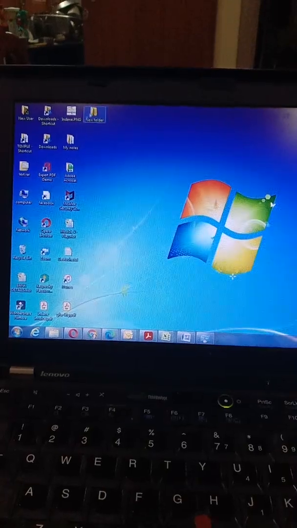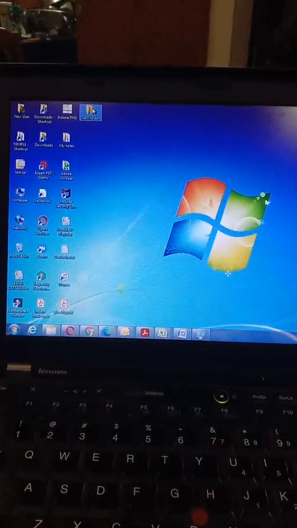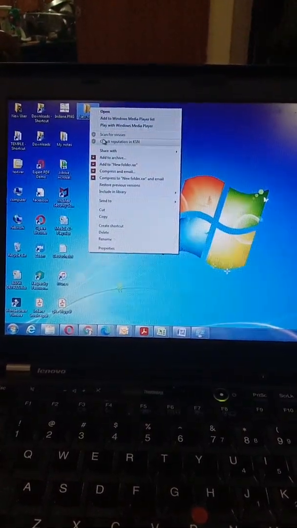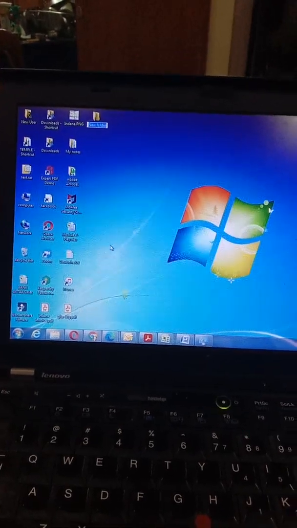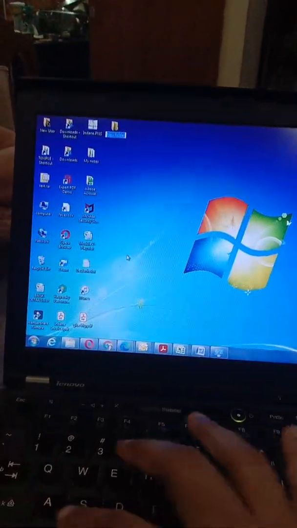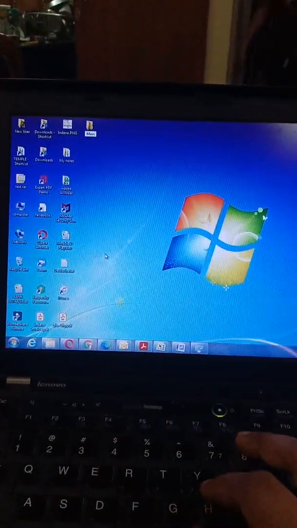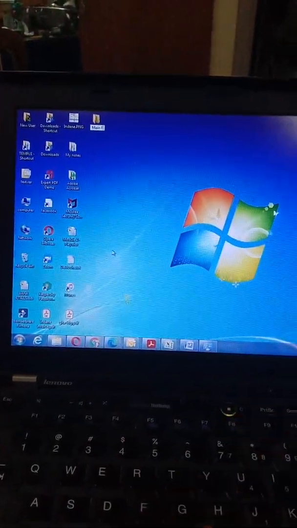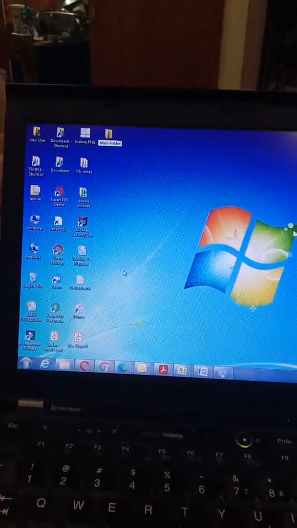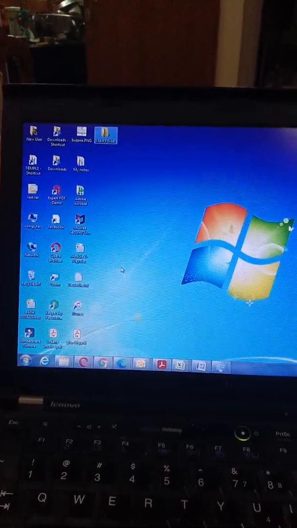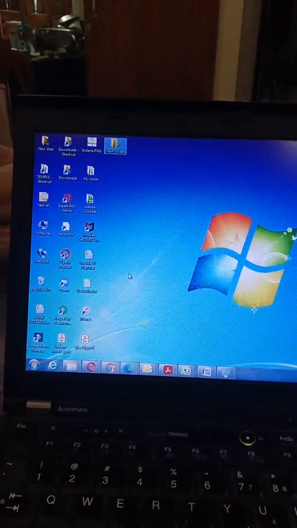So first of all you can rename it. First of all select this new folder and then right click and then you can rename it whatever you wish to. For example, you can write down main folder. Okay, now you have renamed it. Now press enter. Now this folder with the name main folder is created.